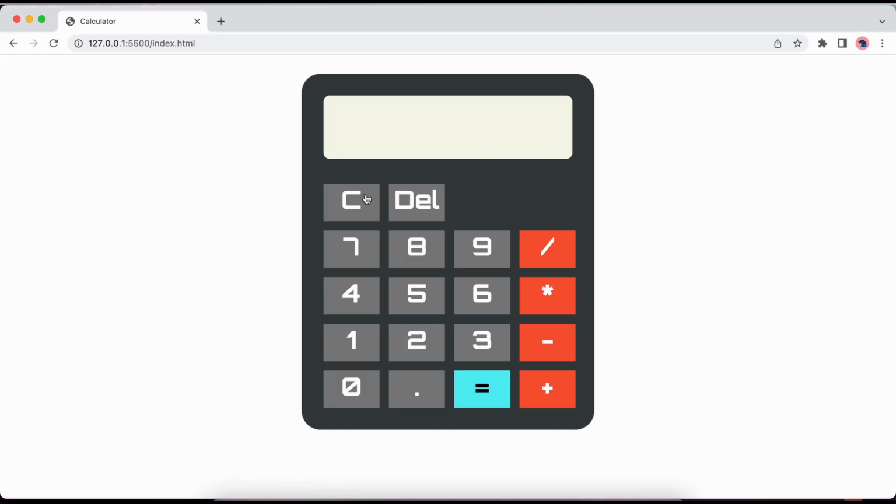That way we'll only allow these 16 numbers, okay, as you can see. So we can just multiply 6